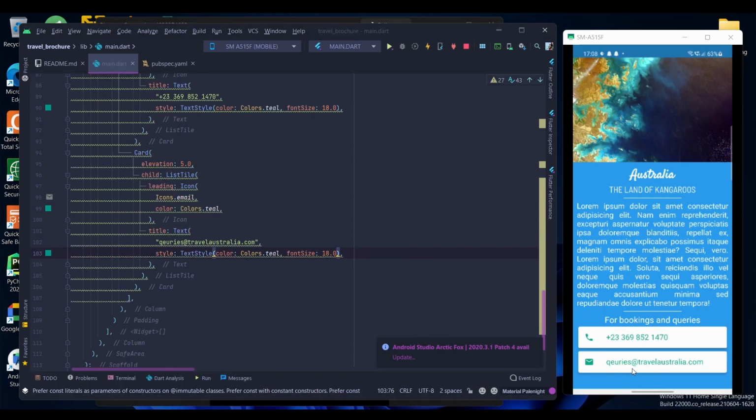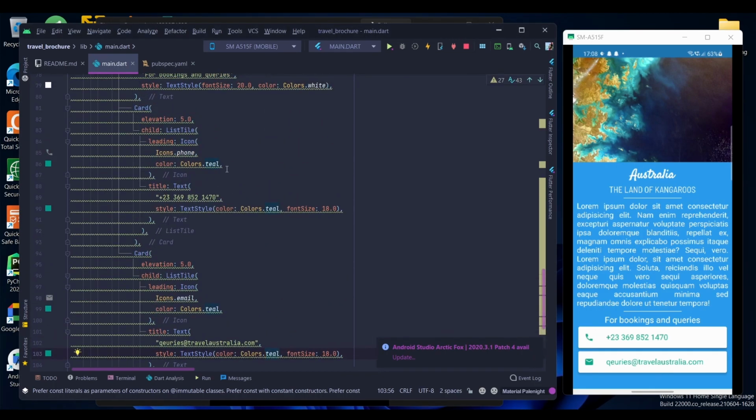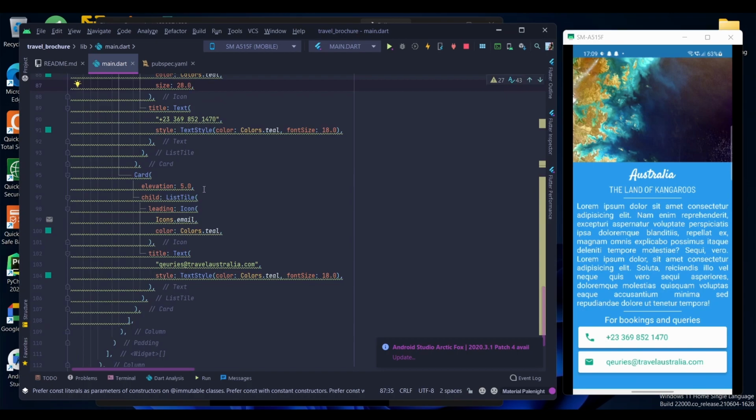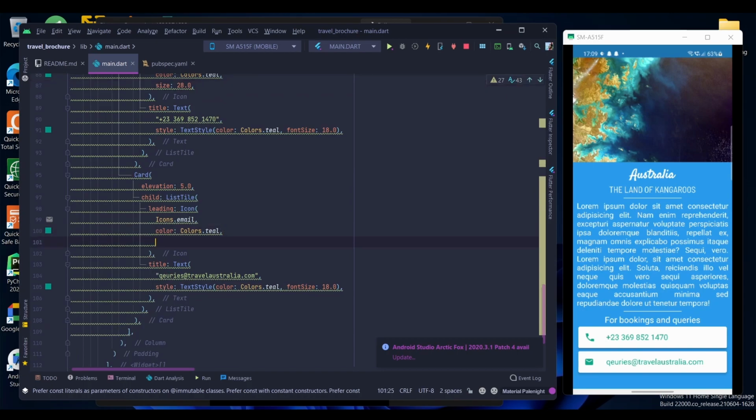And let's have a little bigger icons. So 30 was a sweet spot, or maybe let's say 28. That might look good as well. Yep, 28 is good as well. Size, that's going to be 28.